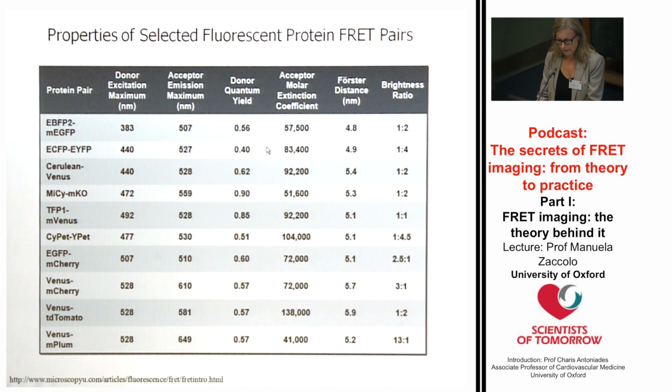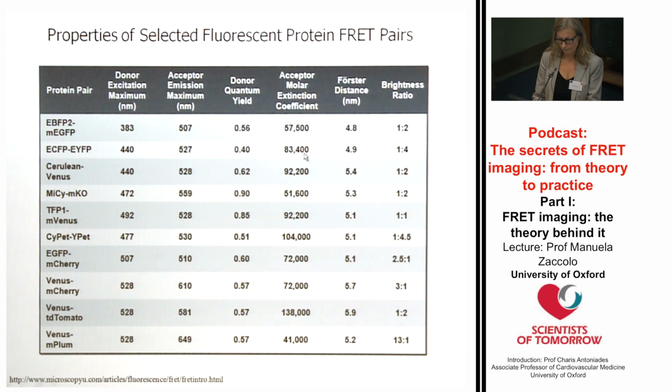I also mentioned that the quantum yield for a donor needs to be high. And here are listed a number of GFP variants that have been used as pairs for FRET. So the good thing is that all these couple of fluorophores have been tested already. So if you want to design a FRET reporter, you don't need to go through the testing of all the different possible combinations. And so far, the most popular pairs are CFP-YFP, which has a decent quantum yield and